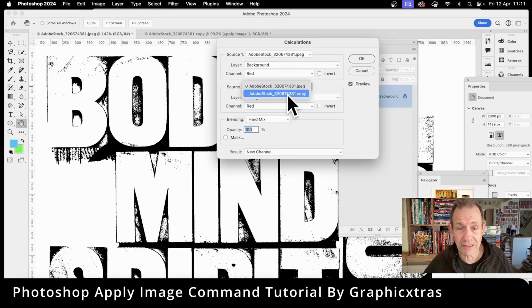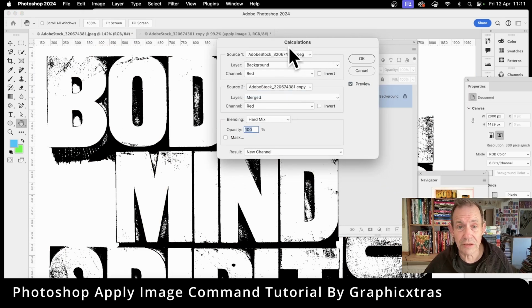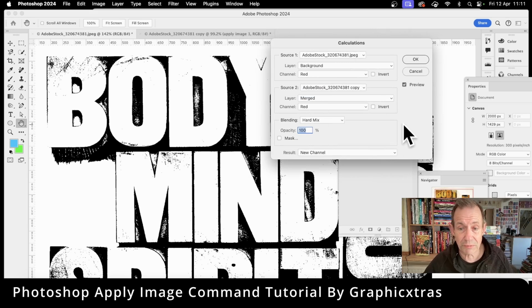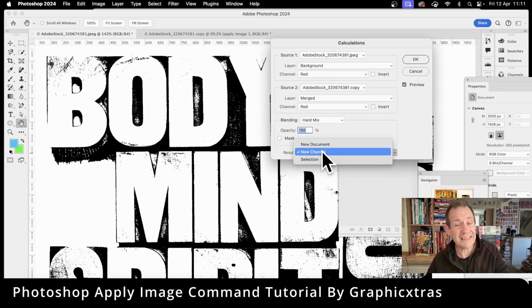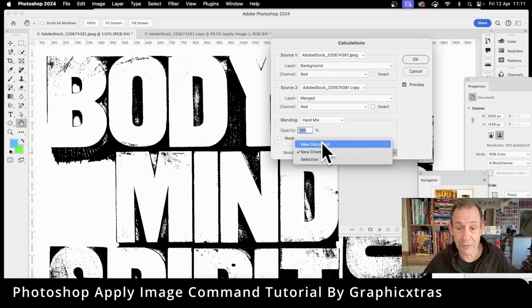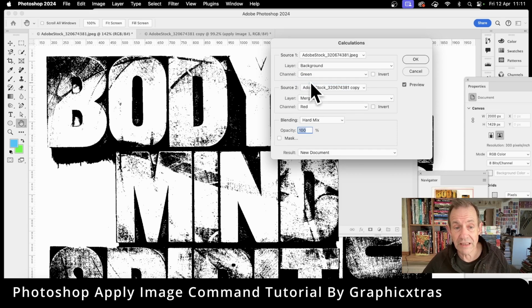But again, you've got the same things, you've got copy, and you can see then you can combine this, and you've got masks as well. And you can also say the result, which is unusual. The other one doesn't have that feature. I would love to see that being updated to include, like, obviously creating maybe a smart object from it, all those sort of things, or a new document. So you can very quickly just create a new document using this there. So go for green,